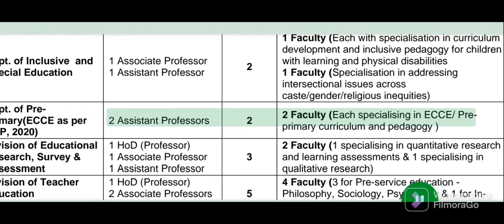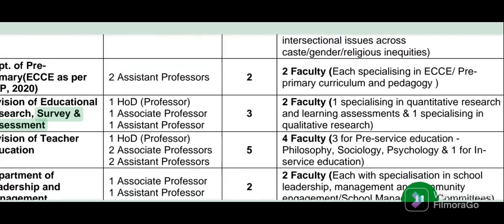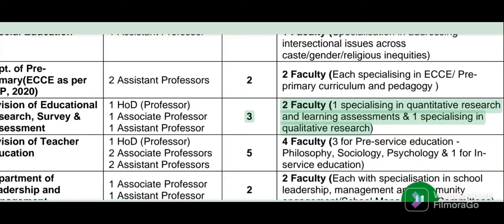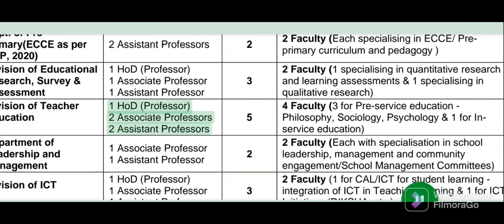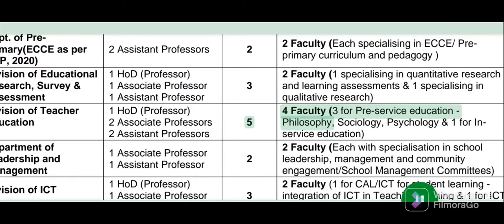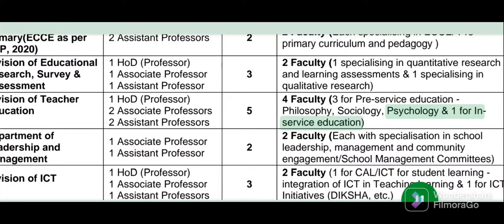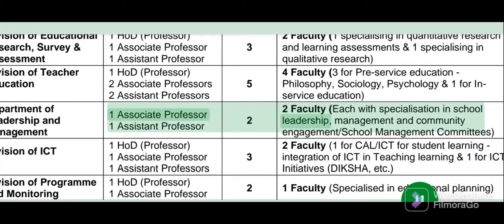each specializing in ECE, Primary Curriculum and Pedagogy. Division of Educational Research, Survey and Assessment: 1 HOD Professor, 1 Associate Professor, 1 Assistant Professor, 2 Faculty, 1 specializing in Quantitative Research and Learning Assessments and 1 specializing in Qualitative Research. Division of Teacher Education: 1 HOD Professor, 2 Associate Professors, 2 Assistant Professors, 4 Faculty: 3 for Pre-Service Education, Philosophy, Sociology, Psychology and 1 for In-Service Education. Department of Leadership and Management: 1 Associate Professor, 1 Assistant Professor, 2